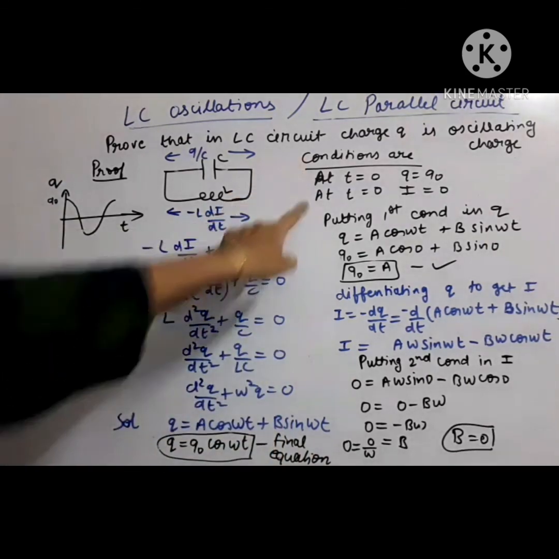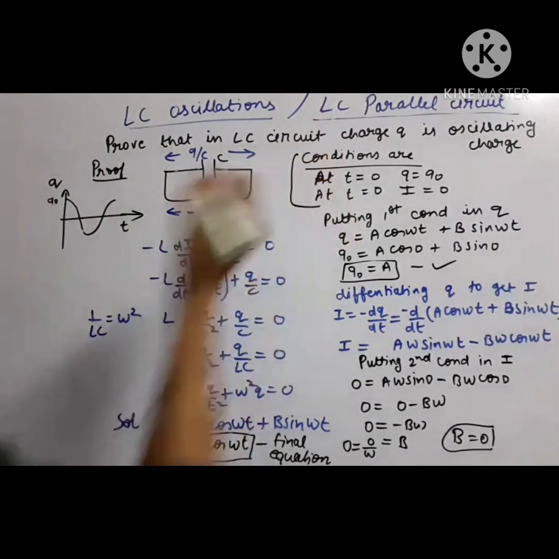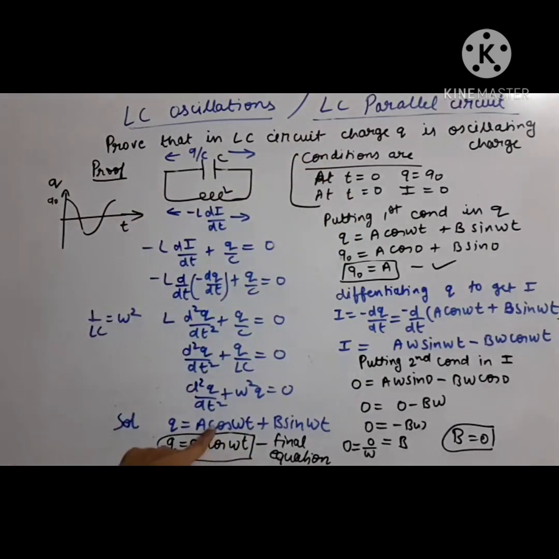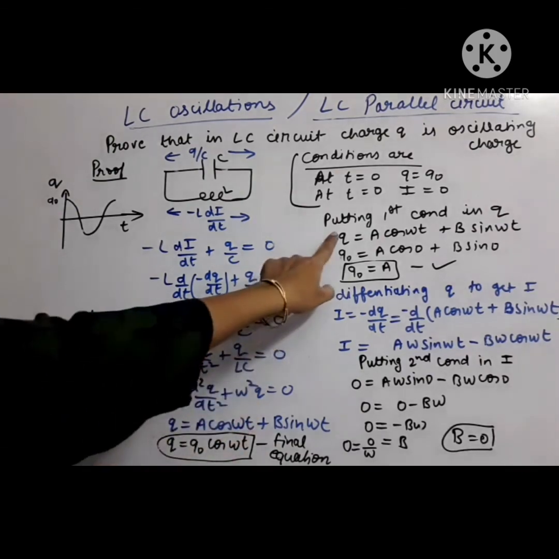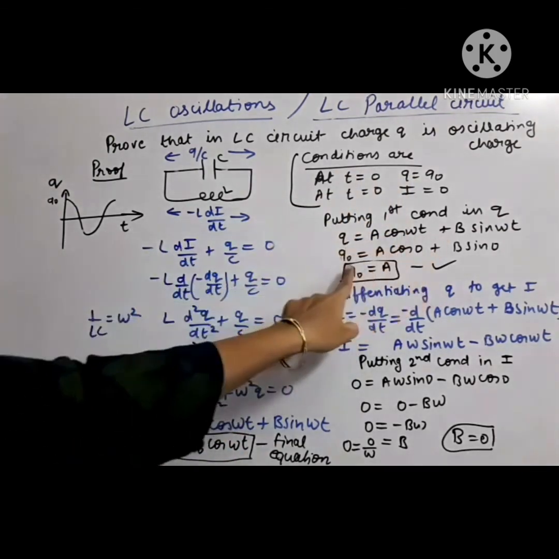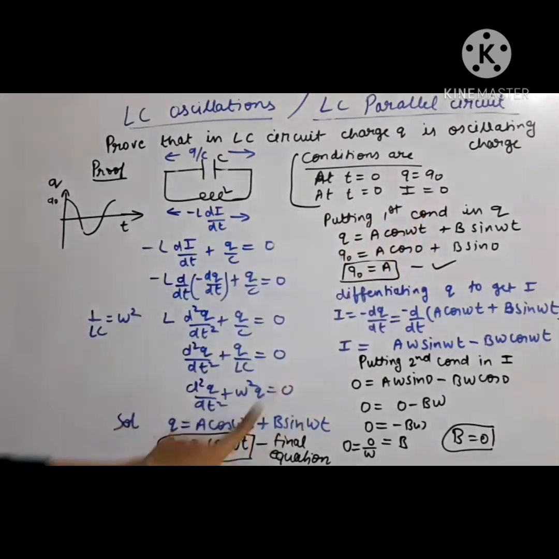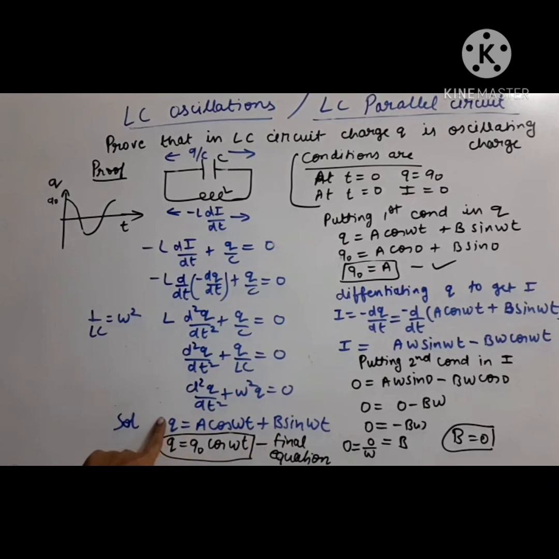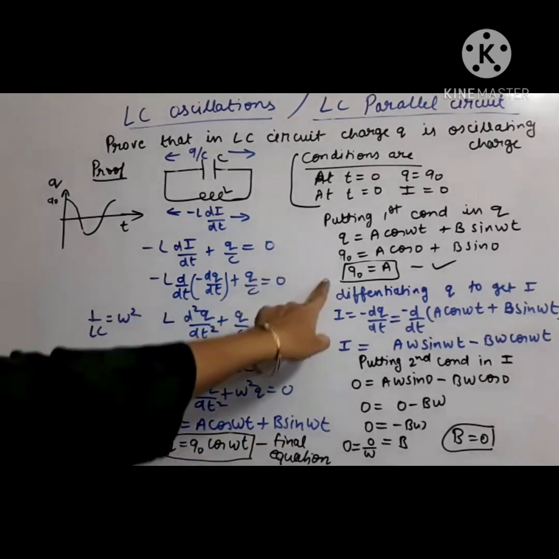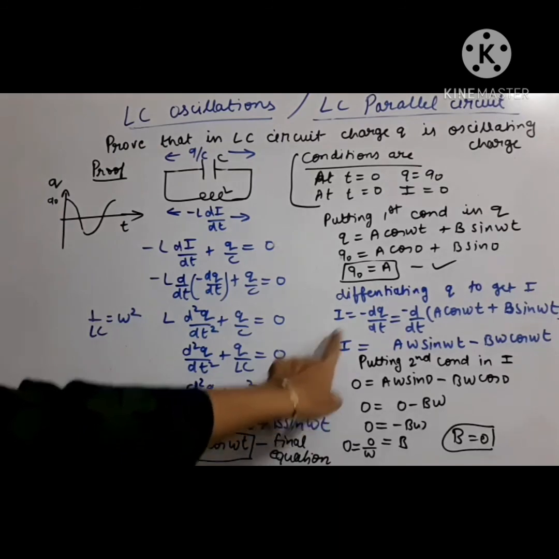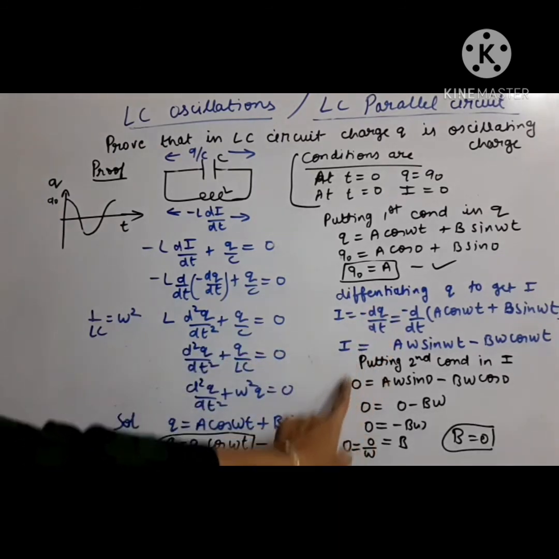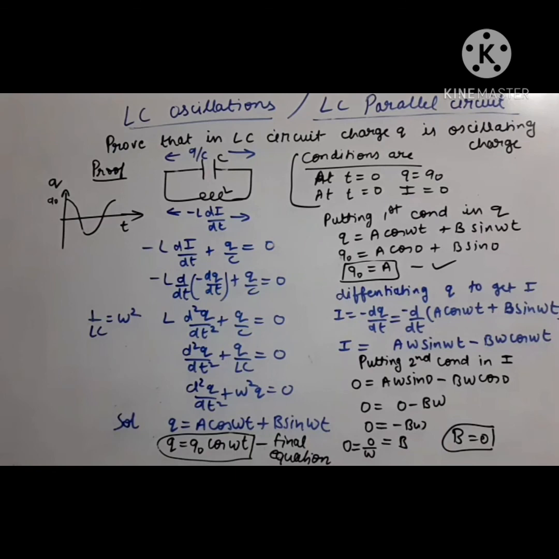Learn these conditions; you can directly learn them and put them in these equations. So the Q equation is already obtained. Apply the Q condition in this and get A. Then the second condition is about I, so from this Q solve for the current value. This is the solution of current by just differentiating. Again put the second condition and get the B value. Apply here and get the charge answer.